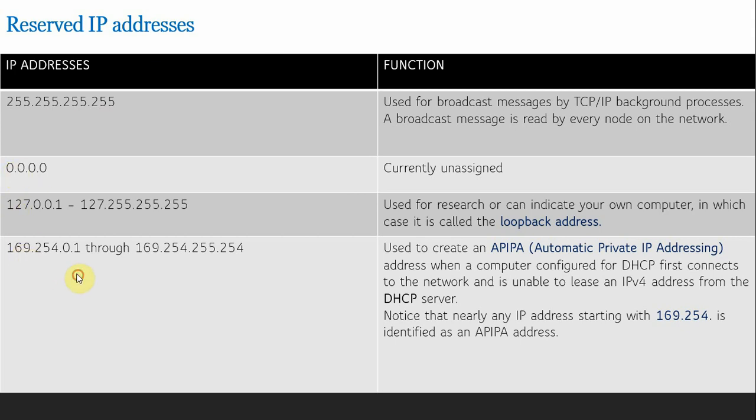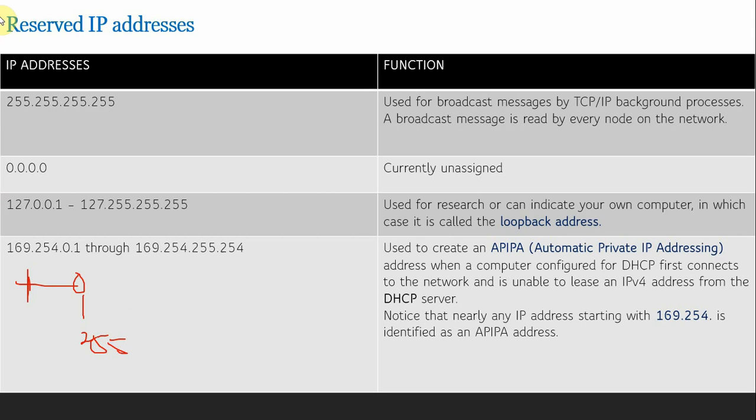We know that the IP address starts from 0 up to 255, but somebody might ask why the 0 is not being used. Because it's currently not assigned. We can't assign 0.0.0.0 as an address to a machine or whatever that may be. The first octet is supposed to start from 1, whereby we can assign this value 1 to devices or nodes